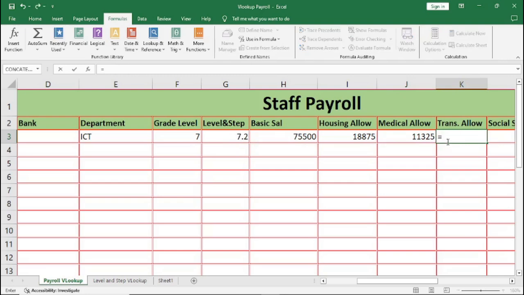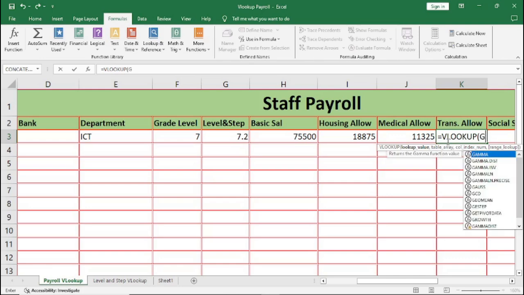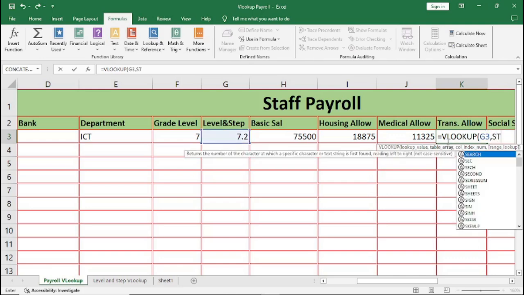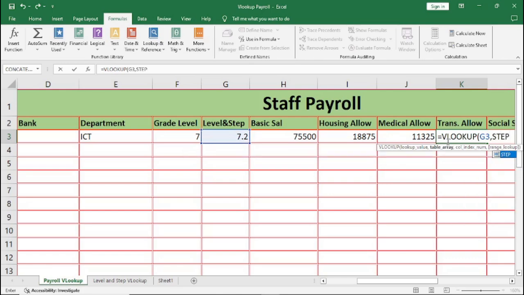We can use the same thing, which is equal VLOOKUP. VLOOKUP, press your tab key, followed by the cell G3, then followed by the table array, and our table array is step, comma, the index number is 5, then I close my bracket and press my enter key. So now you can see that